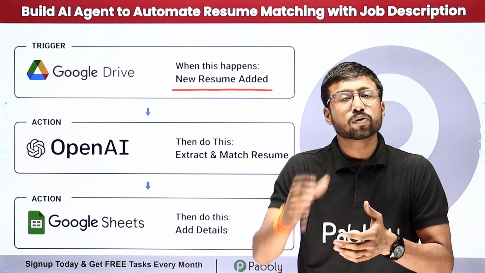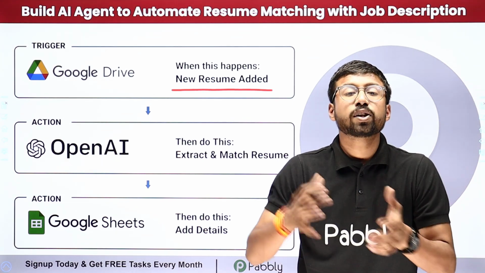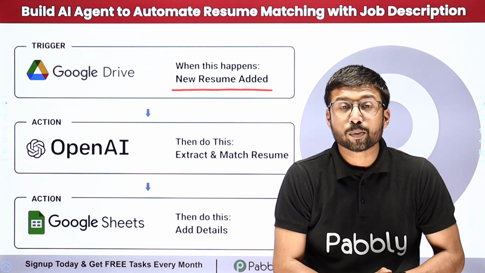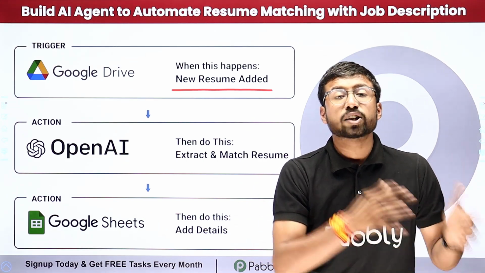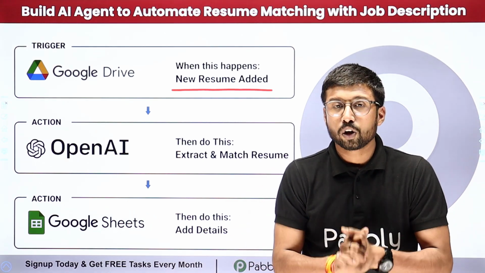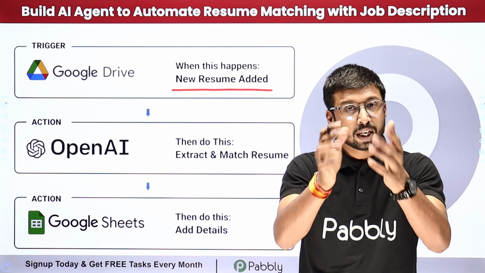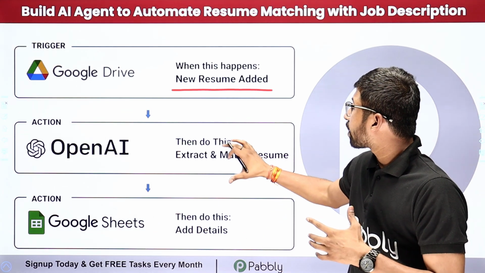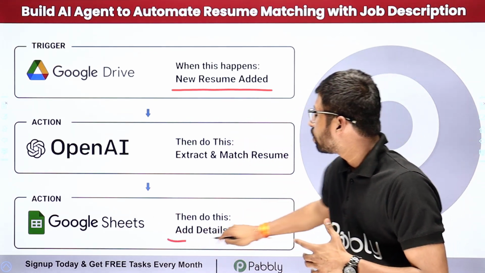to extract the details of the candidate from the resume and match it with the job description which we are entering in the prompt. And in result, we will get the extracted data with the matching status, whether the resume matches with the job description or not, and what is the matching percentage. And at last, we are going to enter the extracted data and the matching details in our Google spreadsheet with